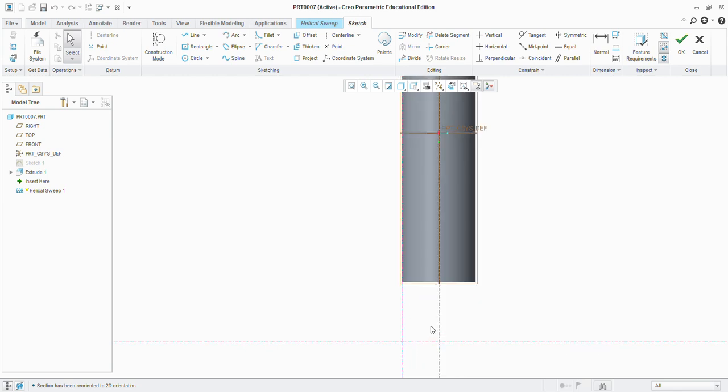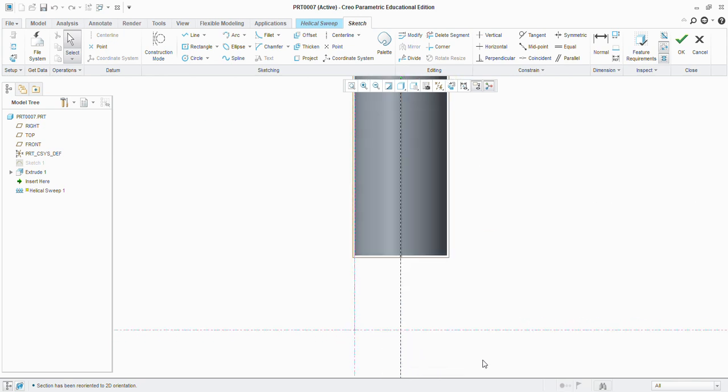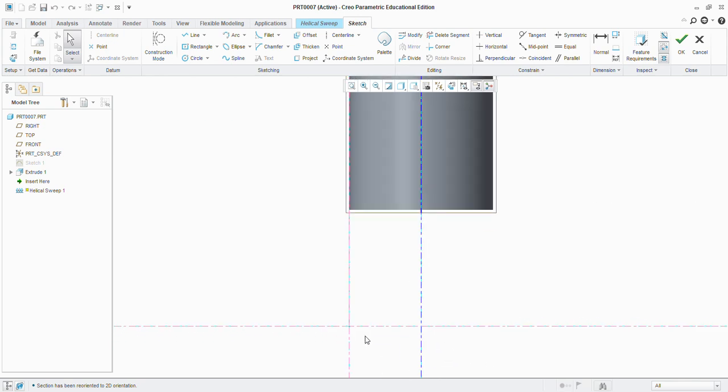so we need to give a profile. Draw the thread profile at the starting of the point. So we are going to develop the profile here. Suppose